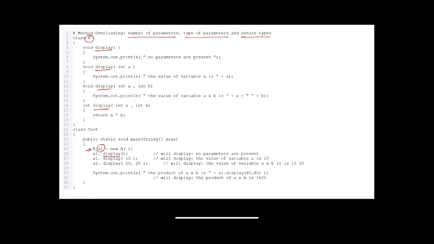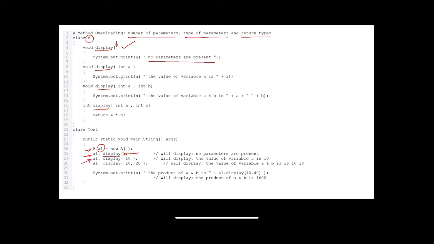So my compiler checks the number of arguments that are passed inside the brackets of the function. Over here, when a1.display is called, it checks that there are no arguments present, so it will call this method and the result will be printed as no parameters are present.